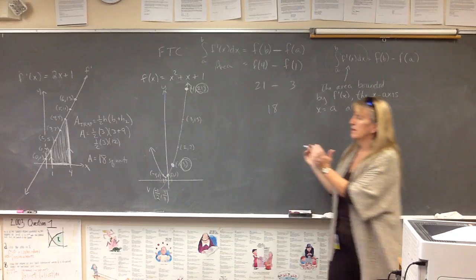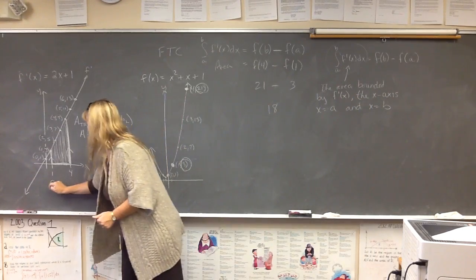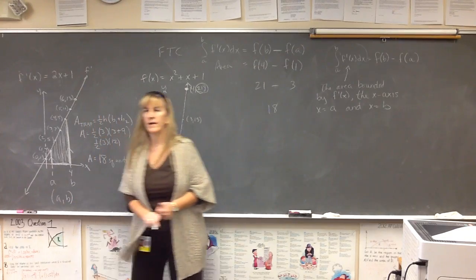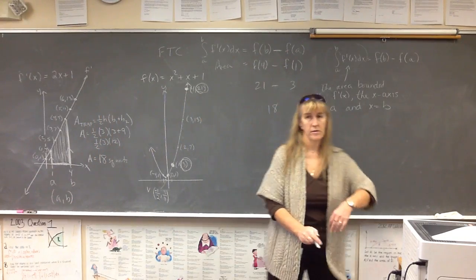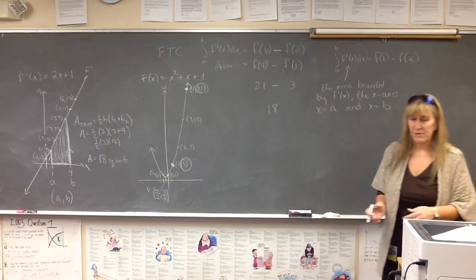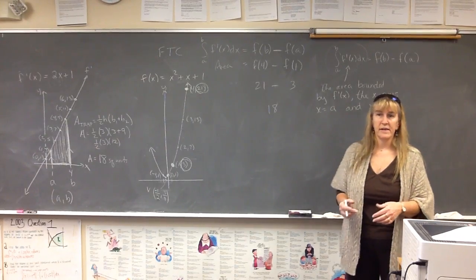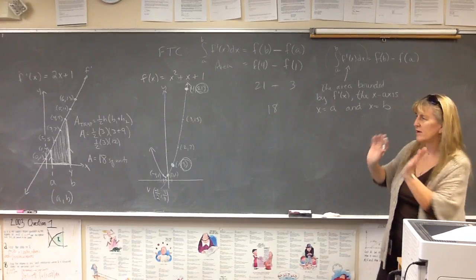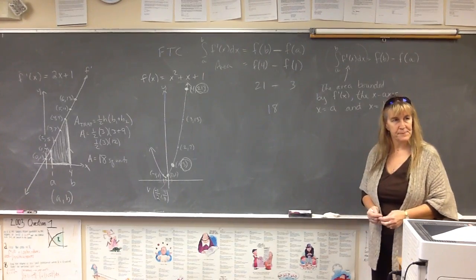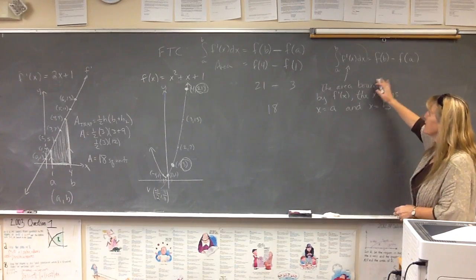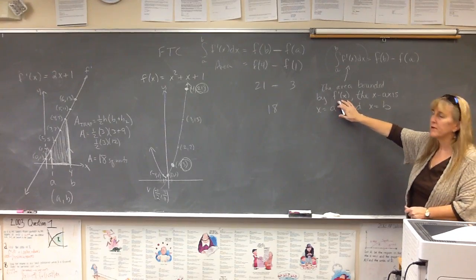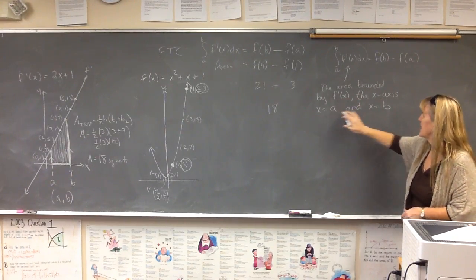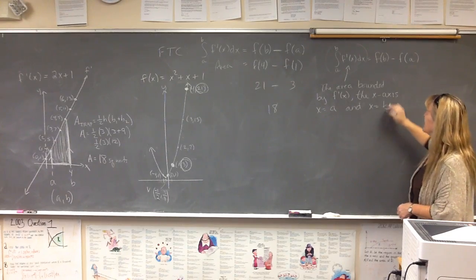That's all it's saying. This is my a, this is my b, and this is my interval from a to b. You know how a lot of theorems and rules that we talk about start off with a function being continuous on the closed interval a, b, differentiable on the open interval a, b. This also has the interval a, b involved in it, okay? All right, so the area bounded by the first derivative graph, or any derivative, the x-axis, x equals a and x equals b, is equal to